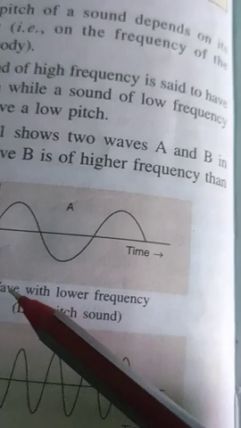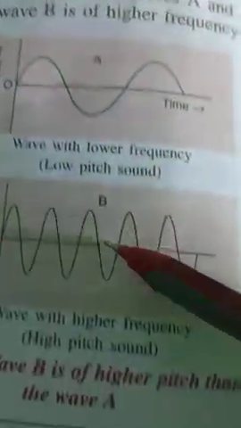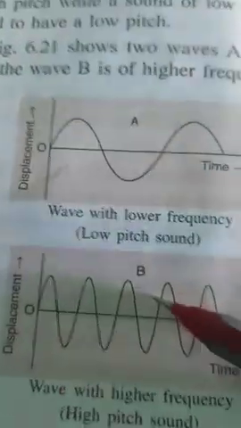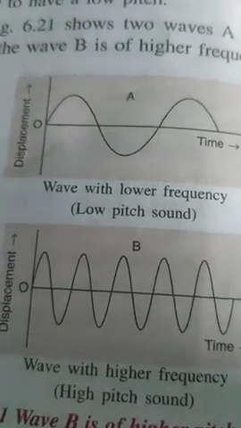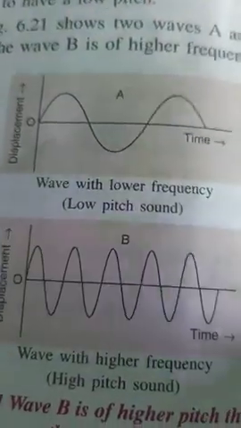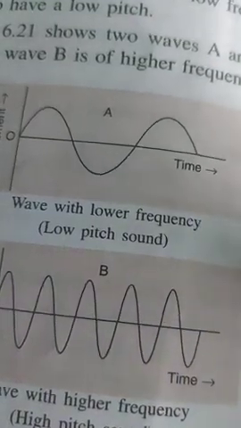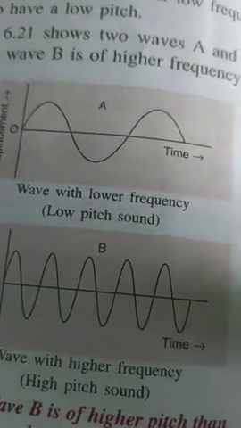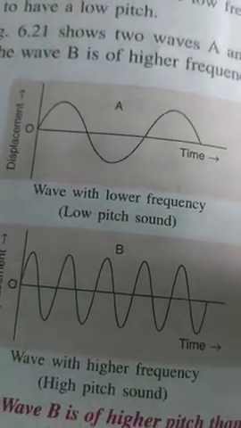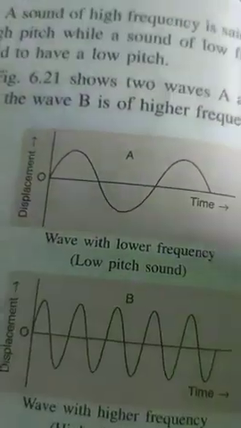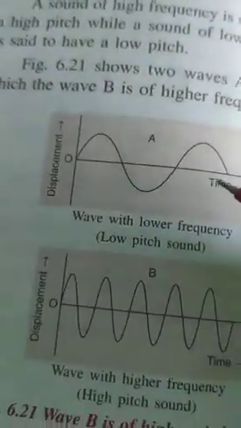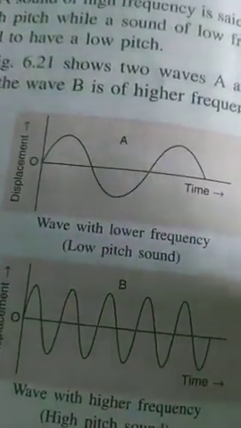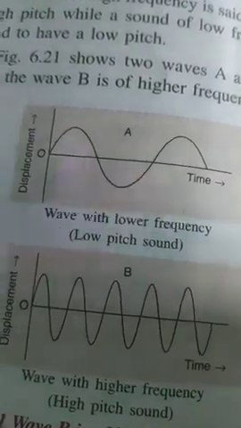You can see here a wave with a lower frequency and a wave with a higher frequency. High frequency, high pitch sound. So the higher the pitch, the shriller is the sound. But if the pitch is low, the sound is flat or grave. The voice of a girl is shriller than that of a boy, right? The girl's voice is always shriller than a boy's because the voice of the girl is of a higher pitch in comparison to the boy. So the voice of a child is shriller than that of an adult. So pitch is the characteristic of sound which distinguishes a shrill sound from a flat or grave sound.